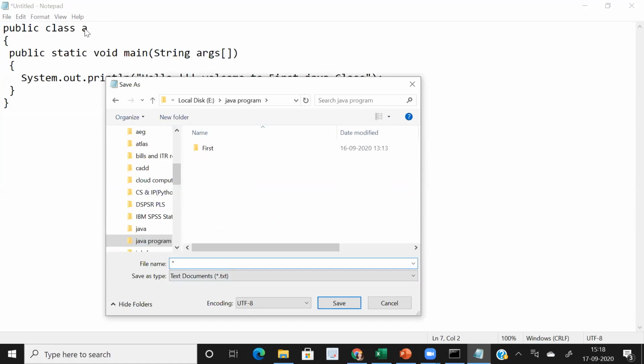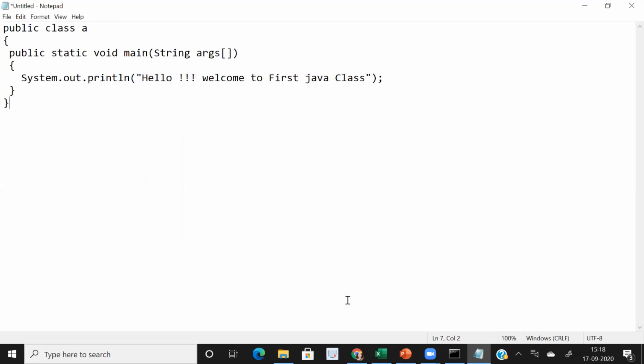As I told you, whatever the class name we are taking, our source file name, means Java file name, should be the same, a.java. It is a must that the file name should be a, whatever the class name, and its extension should be .java. And now save. This is saved.